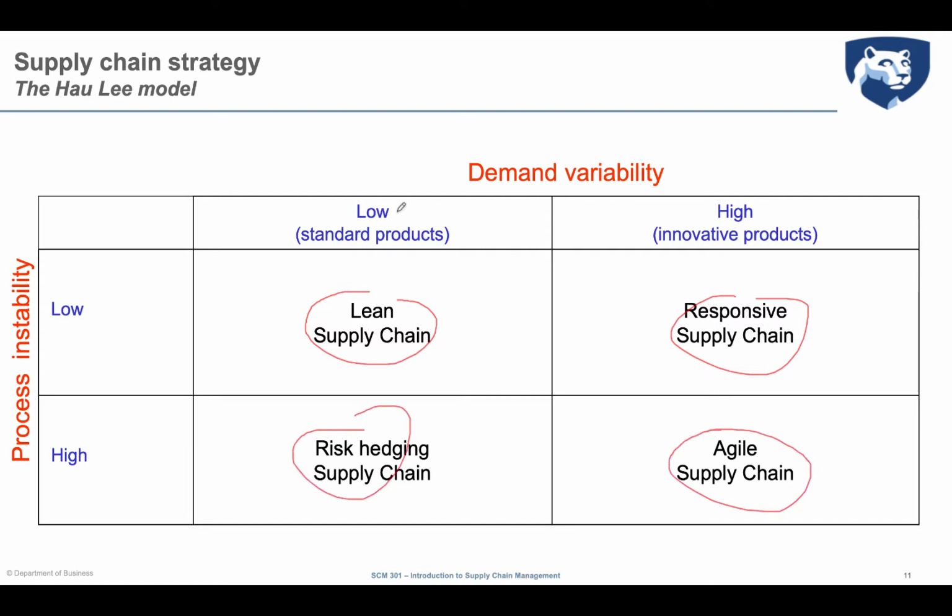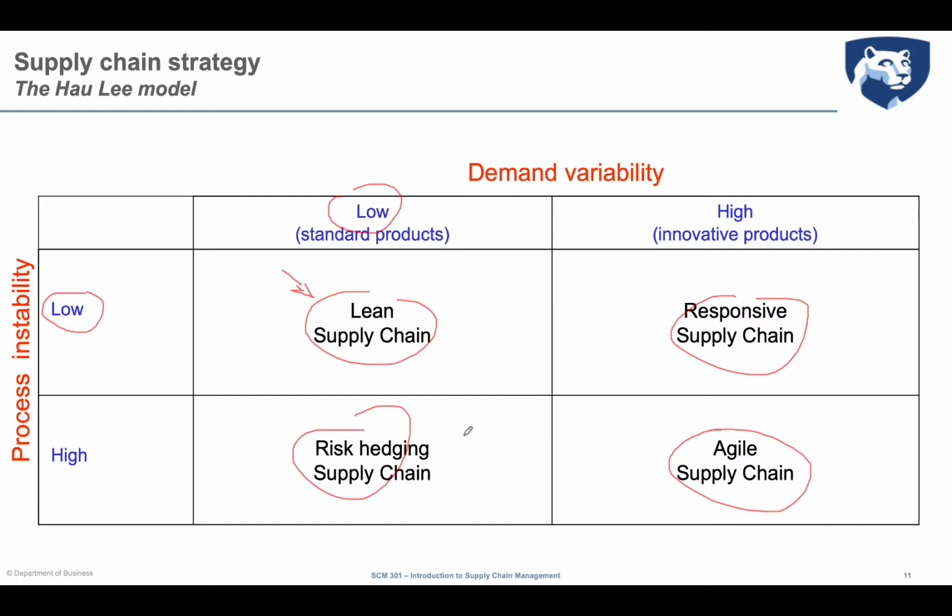Basically, you need to say that in contexts where the process instability is low and the demand variability is low, the model that the supply chain should use is called lean supply chain. In contexts where demand variability is high and the process instability is low, in the way that we defined, so an innovative product with very stable process of production and supply network, we have what is called responsive supply chain. When we have high process instability, so very frequent changes in production and in the supply network, but low demand variability, which is very manageable because the product is a functional one,